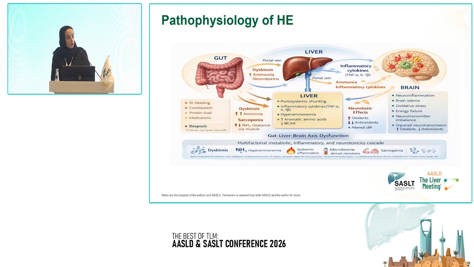And as we know, the pathophysiology of hepatic encephalopathy is complex with multiple components. Basically, we have three main theories. The first one is about ammonia. Ammonia is mainly generated from our diet, from bacterial metabolism of protein, and from deamination of glutamine by glutaminase. Normally, the liver converts the ammonia to urea and excretes it in the urine.